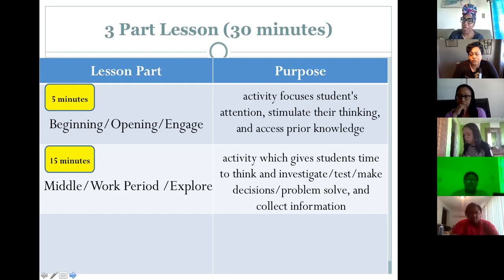Next, we have our middle, or our exploration or work period, which should take about 15 minutes. And so this gives students time to think, to process, to investigate what they're learning, a time to problem solve or even collect more information. Okay, so this is the meat of your lesson, the core part. And so with online learning, you want to have activities where students are participating, where they're thinking, where they're processing